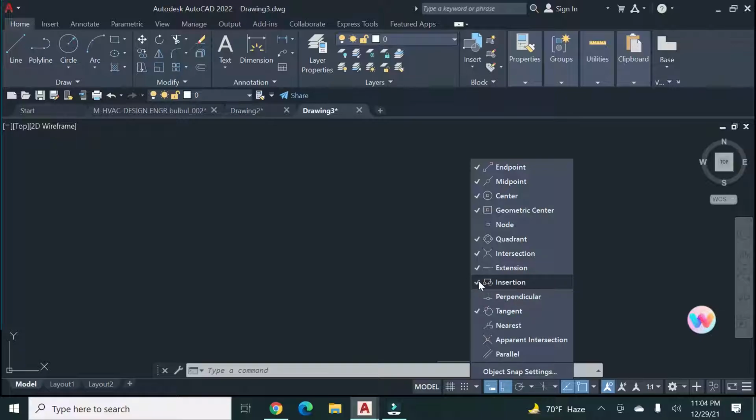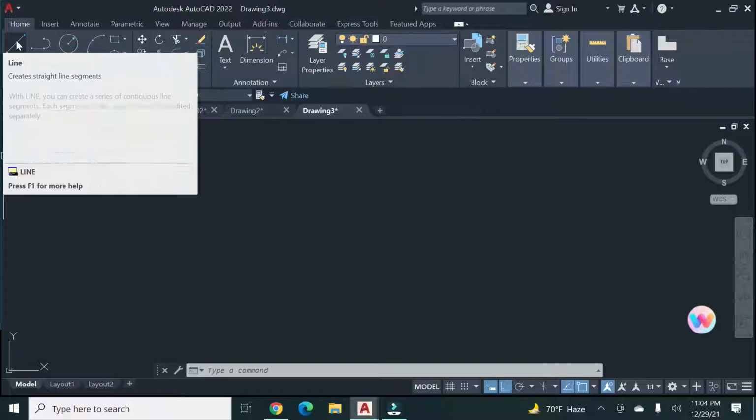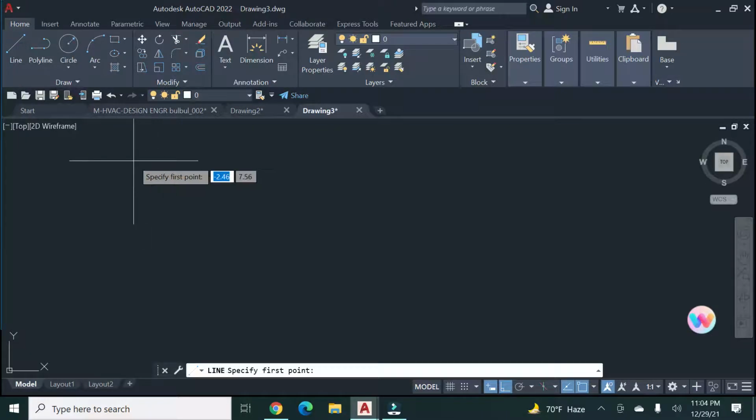When you need that, you will click here and on here. Okay, just possibly we take already. Why ortho mode on? Now first we learn about ortho mode. Okay, I turn ortho mode on. After turning on the ortho mode, when I draw any line, that will go automatically straight like that.